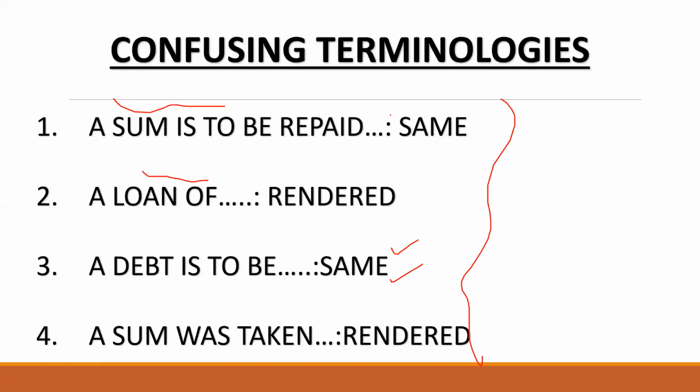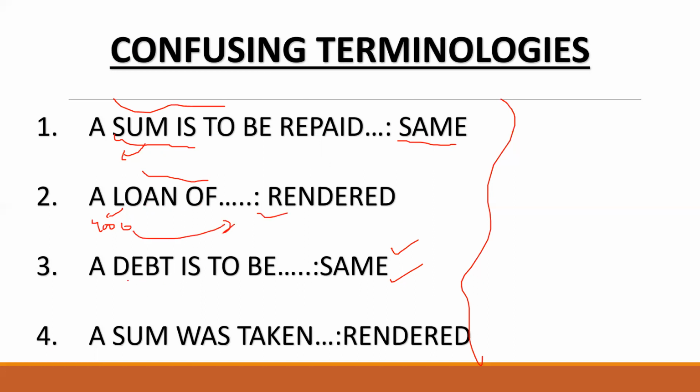A sum is to be repaid, so sum is basically amount, क्योंकि हमें इतना ही रीपे करना है, so we don't make a change in this. A loan of, मतलब we have taken say 4,000 लोन लिया हमने, 4,000 loan we took from the bank and we won't give 4,000 ना, certainly बैंक क्या धर्मशाला थोड़ी है कि कुछ देगा, नो, तो हमें उस पर इंटरेस्ट लगा के, मतलब ये बेसिकली है प्रिंसिपल, इसको अमाउंट में किया इसलिए हमने इसमें रेंडर किया।